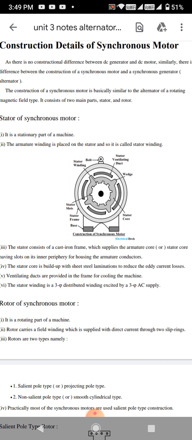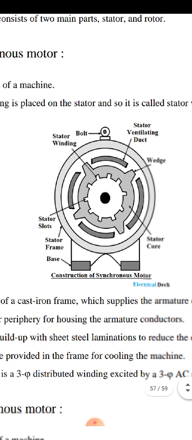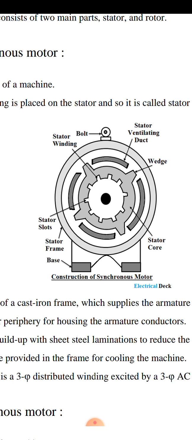The stator winding is a three-phase distributed winding excited by a three-phase AC supply. So let's see the diagram of how the construction of a synchronous motor looks and where the parts are situated. Here I am showing the diagram, and first of all we have discussed the